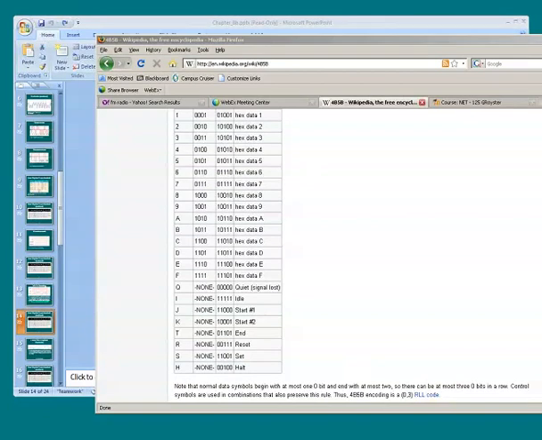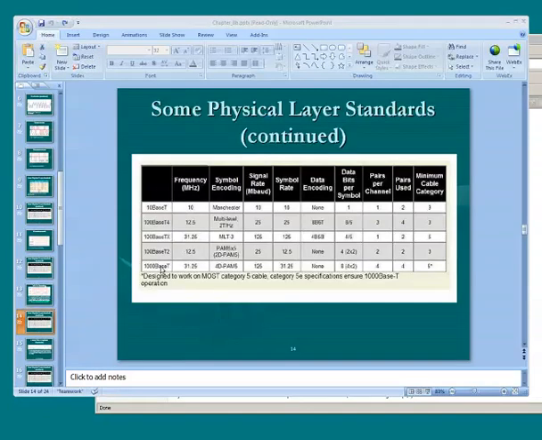We can also send signals across Ethernet using 1,000 bits per second, or 1 gig. Actually, it's 1,000 megabits per second, and the frequency employed is 31.25 megahertz. It uses a 4D